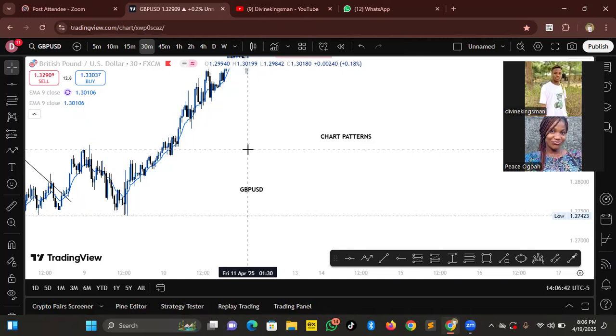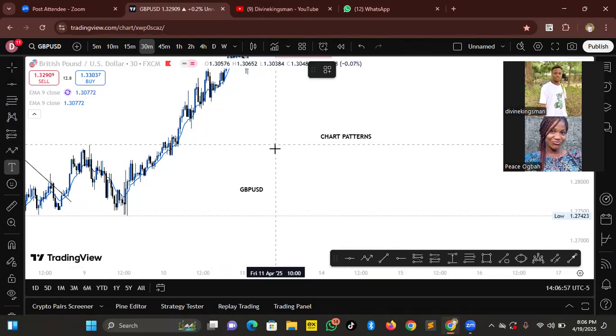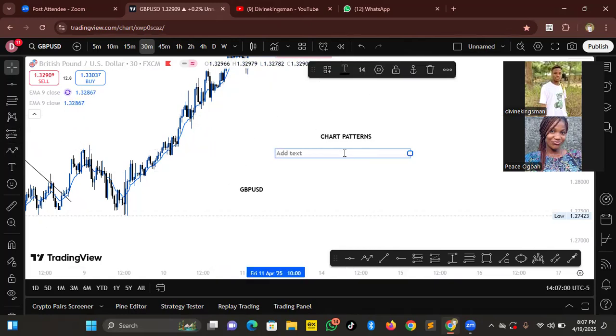So a chart pattern again is a visual representation or visual formation of price movements on the chart. It is used to identify trends and also used to predict price movement. I don't know if I should write that down, but let me try that very quick. So, chart pattern,